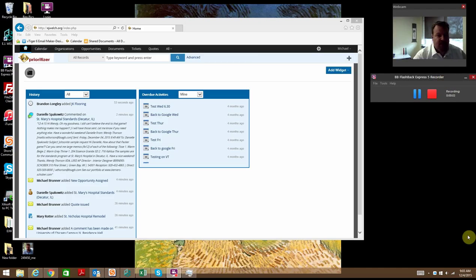Alright everybody, we're going to go through the next part of Prioritizer, which is finding an account. One of the most regular things that you do in the system is that you put notes on accounts, and accounts inside of Prioritizer are referred to as organizations. There's actually an organizations tab if you notice across the top,